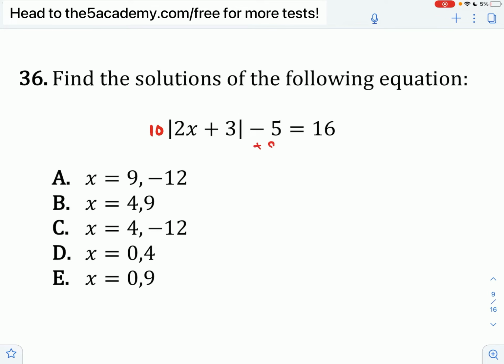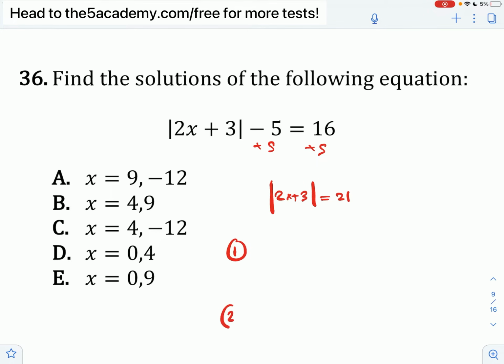What you would do is add 5 on both sides, and you'd end up with 10 times the absolute value of 2x plus 3 equals 21. Then you divide both sides by 10 and get the absolute value of 2x plus 3 equals 2.1. And then you could solve this. The first step is to isolate the brackets. In this case, we just need one step, which is to add 5 on both sides, and then we end up here, and then we're good, okay? So at this point, we have to split this into